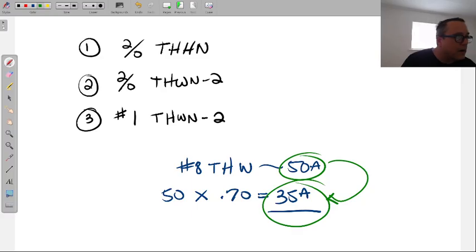All right, does everyone know how we got to that 35? Everybody's good there? I know, these are going to start to get harder a little bit. These are going to be fun. It's going to be exciting.